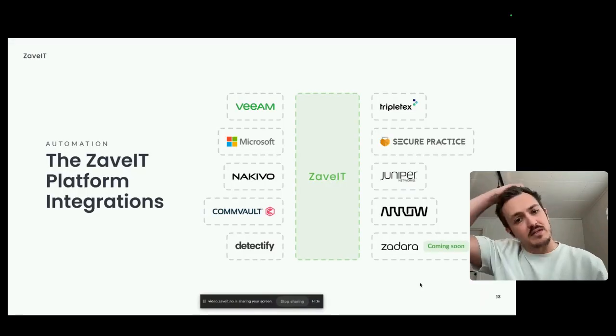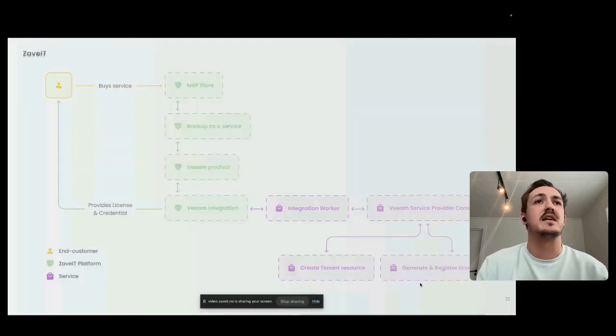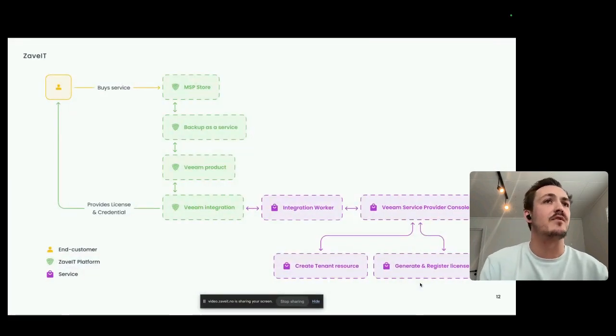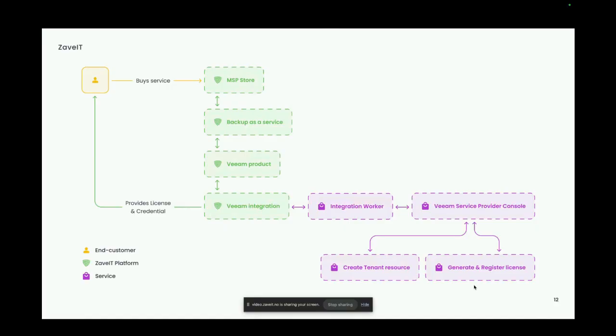And like I said, we're going to look at a live view of the Veeam integration today. Just to set the stage, you can see a workflow here. With the integration, we integrate into the service provider's Veeam Service Provider console.